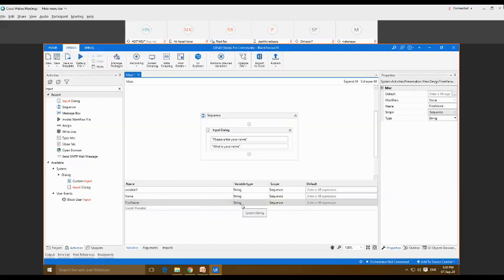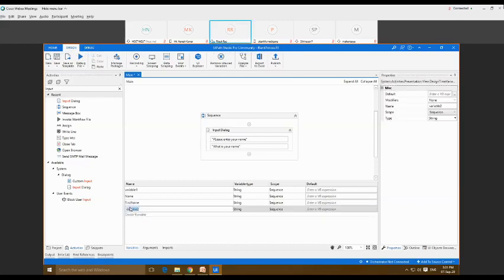Again, I'm going to select the type as string. One more thing, I have already discussed this in the previous slides: if you do not assign the type of variable, then automatically the type is going to be string. So you can consider string as the default type.